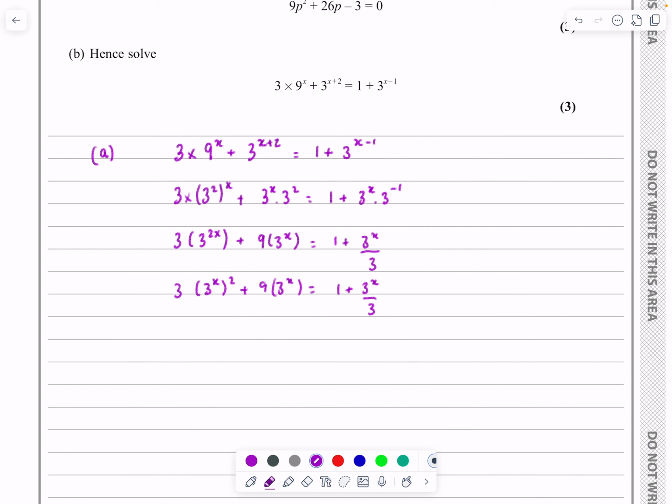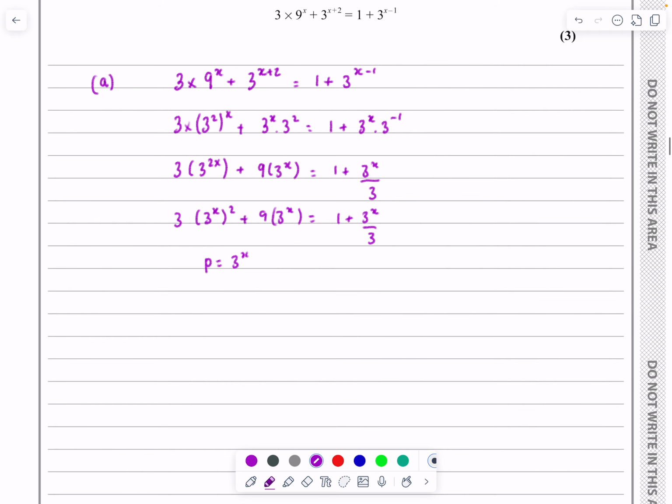And then if we make the substitution that p is equal to 3 to the x now, if p is equal to 3 to the x, I'm actually going to get 3 lots of p squared. 9 lots of p is equal to 1 plus 3 over p. Okay, at that situation there,